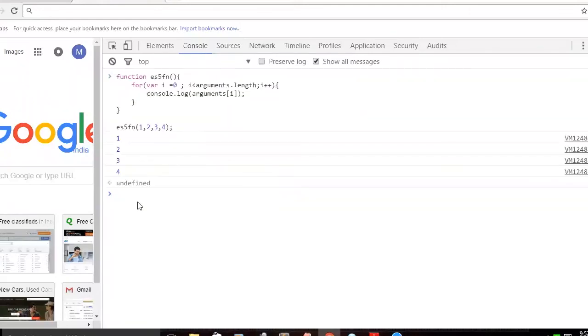Yeah. So as I said, the only thing I'm trying to show here is, in ES5 also you have an unnamed parameter which is called arguments, but now it has been done in a more sophisticated way in ES6